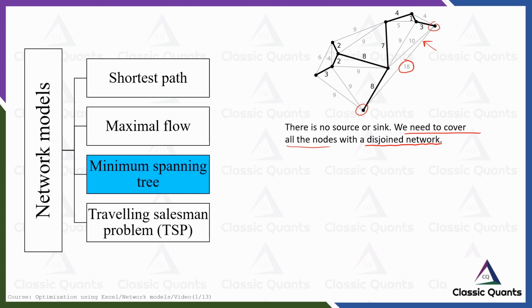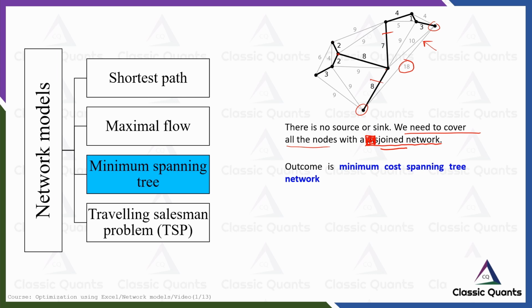What is disjoint? It is not disjoint actually, it should be joint. Some error is written here. It is a joint network. Joint means what? The network should not be cut from somewhere. It is a continuous network. So for example, see, they have formed this particular network. It is not discontinuous. Each node is connected to another node in some way or the other using this particular network, and it is not cut in some way. So that is why it is a joint network.